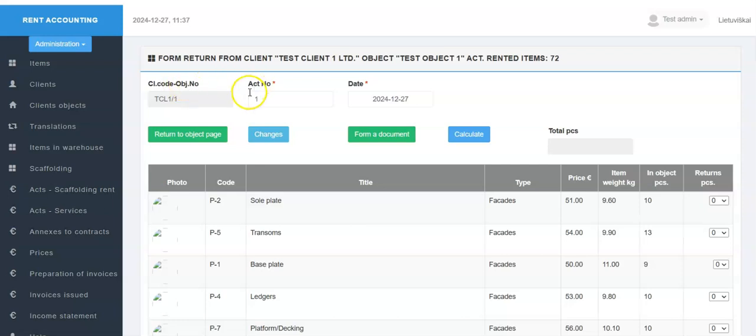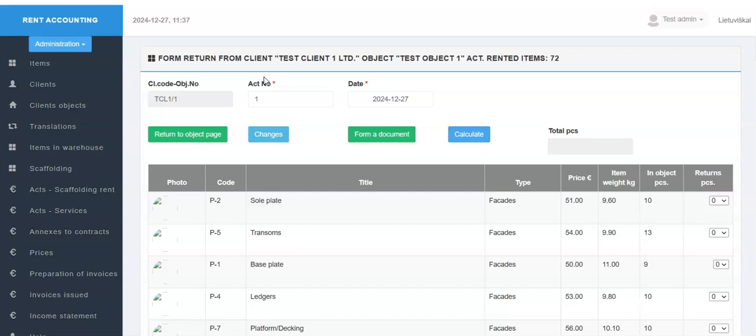In the act number field, the program enters 1 if no return acts have been generated for this object before, and in the case where return acts have already been generated, the number following the highest existing return act number.